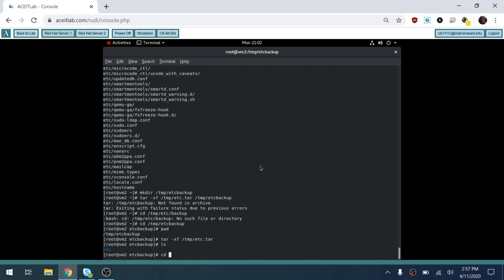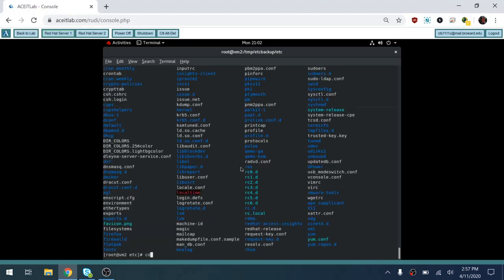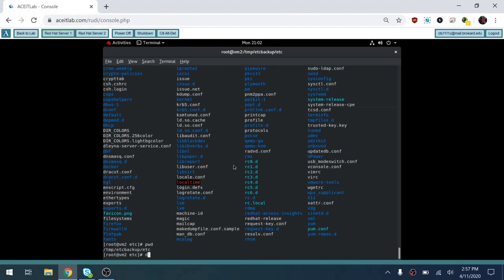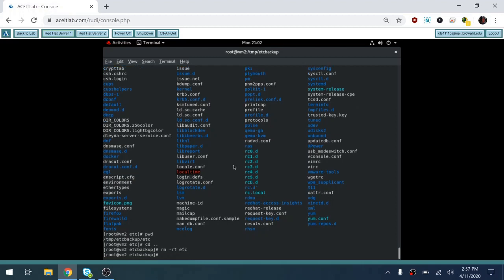I could restore this to the original location, but I don't want to. I don't want to write over my current etc. So this is what I backed up and restored. So I'm going to remove it. That just removed the thing I just uncompressed. So now I'm going to uncompress the next file. Tar extract file temp